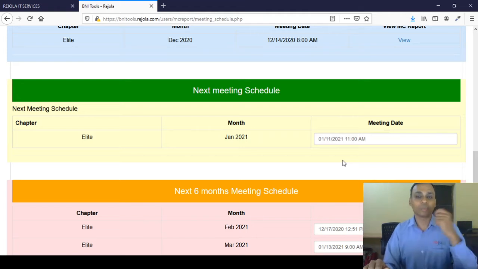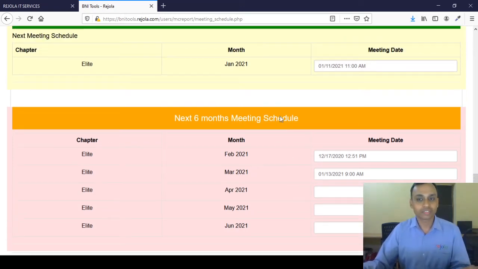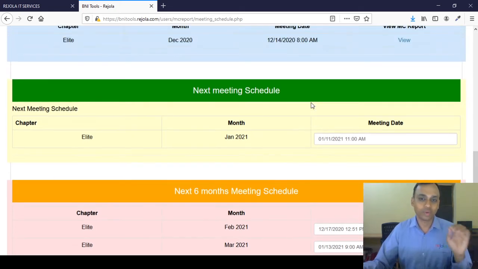Please click here to update the report. So they can click the link that will go to them by email, and they can just update the report. That's something that we are planning in the next version of this MC report. The vice president can also set the dates for all the upcoming 6 months, not just for the 1 month coming ahead.